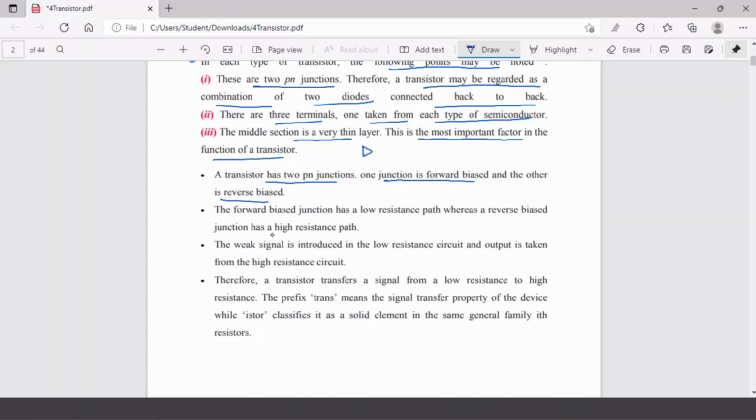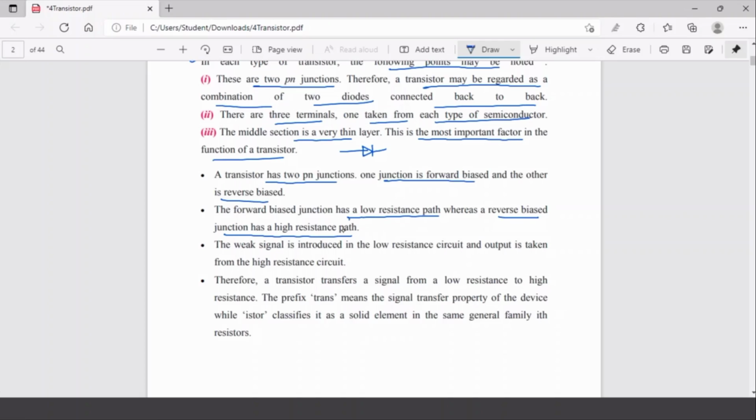Definitely we know, since in our previous experiment also, a forward bias PN junction offers low resistance to the flow of current. That is why we say that the device is actually turned on, or it is starting to conduct. It is in the conduction mode. So the forward bias junction has a lower resistance path, and we know that for a reverse bias condition, because of the high junction barrier, flow of current will be minimum. Only the reverse recovery current will be flowing through it, very small, in microamperes. We had seen that in the previous experiment also. So we say that it offers a high resistance path. So forward bias junction will offer a low resistance path, and reverse bias will be offering a high resistance path.